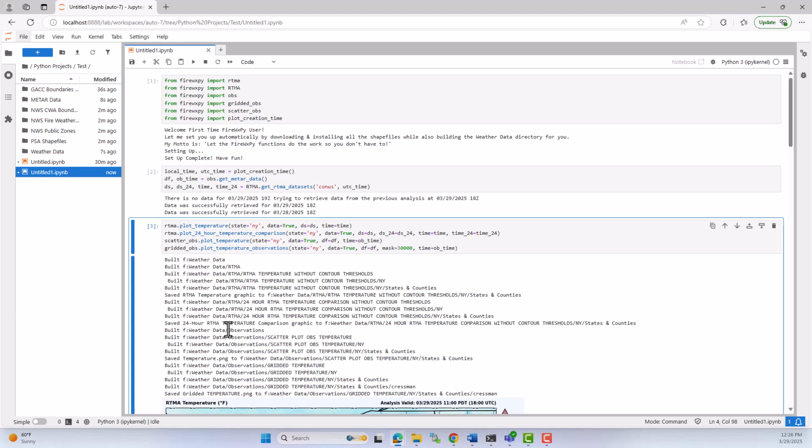If a meteorologist wanted to do this all from scratch and not use FireWxPy, you're talking about a few to several hundred lines of code at the least. So this saves a meteorologist a lot of work to be able to recreate this and automate this. Basically, import what you need, download your data, and then call whatever functions you need to plot, and then pass whatever you want in. It gets easier the less you do, in the sense of, like, if I didn't want to download the data outside the function, it takes even less code to do that. But what the motivation is here, what would take several hundred lines of code to do from scratch, now takes